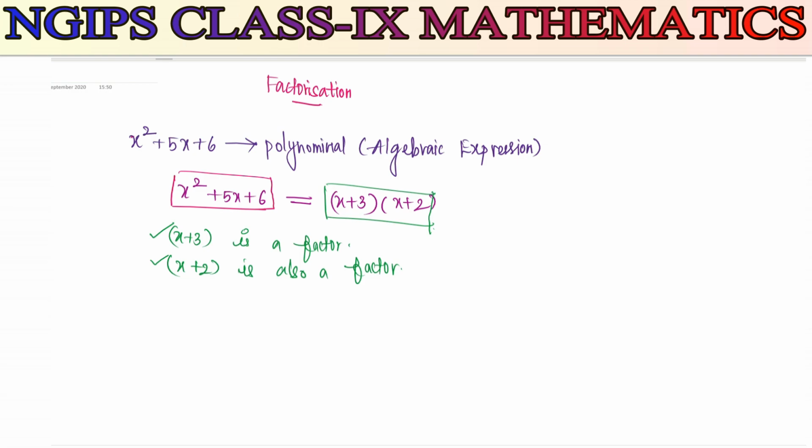Terms in the sense, it may be x or it may be y, or the combination of x into y. So this we call terms. Now we can express either in the form of terms, or we can write in terms of brackets. Now here x plus 3 into x plus 2. So we have used brackets, or the brackets are multiplied together. We call it factorization. Each bracket we call a factor of an expression.